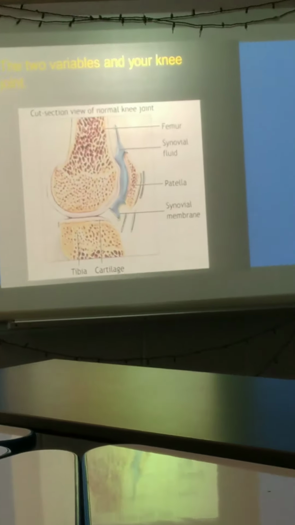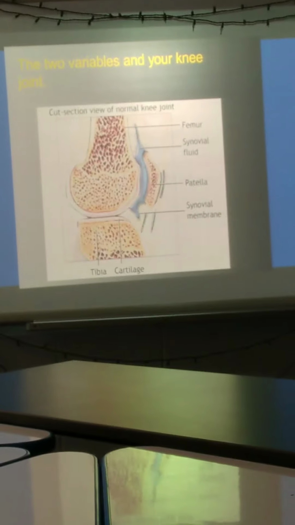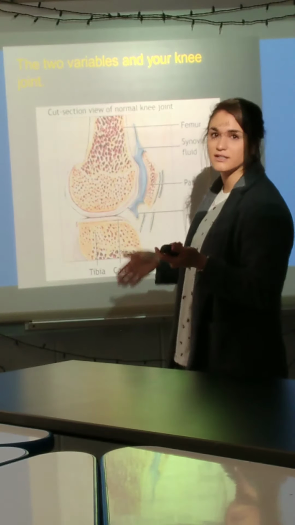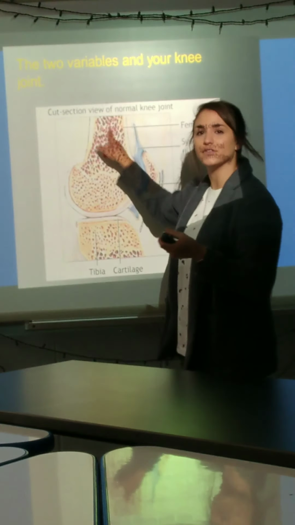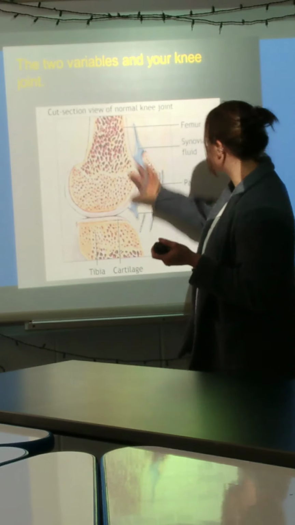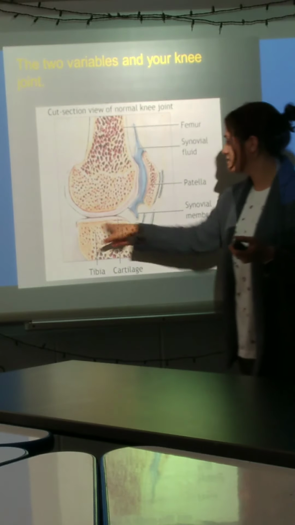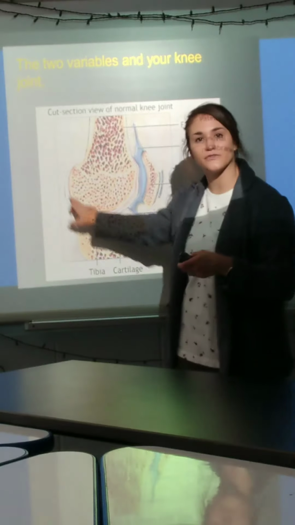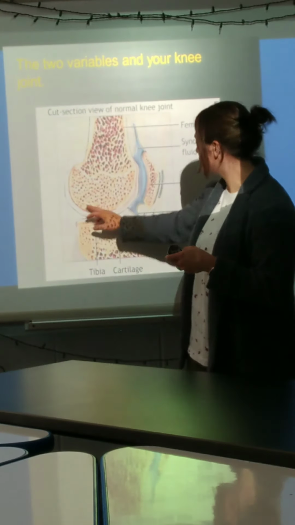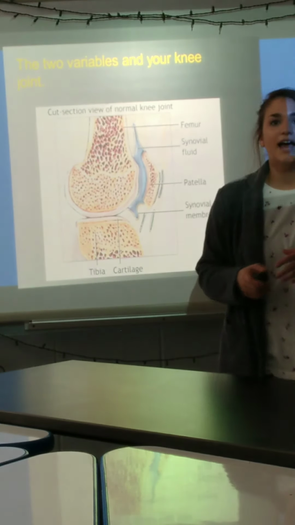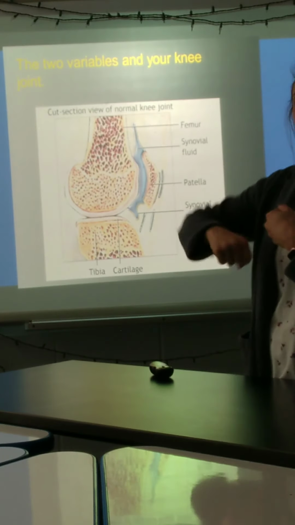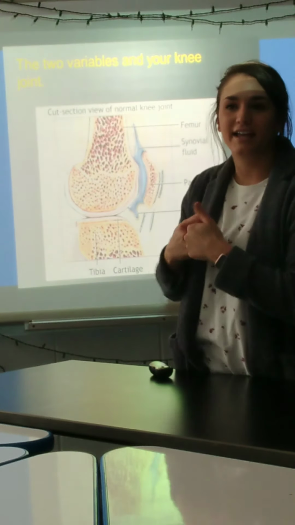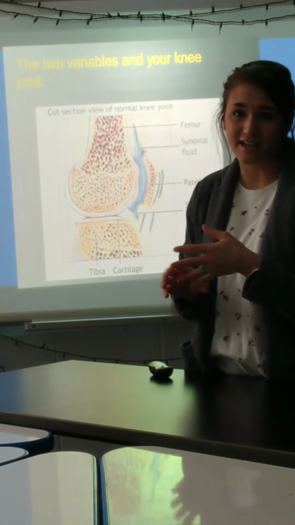Let's zoom in here. Okay, so this is a cross section of the joint in your knee. Up here I have the femur, the top of your leg there. This would be your kneecap or your patella, and this will be your tibia underneath. And so you have thin layers of cartilage at the end of your femur and at the end of your tibia there. And as you change and move your knee, those things slide against each other, and sliding friction causes the most heat and the most wear.